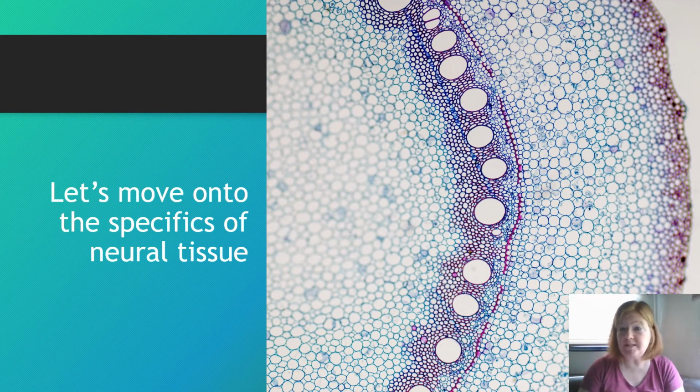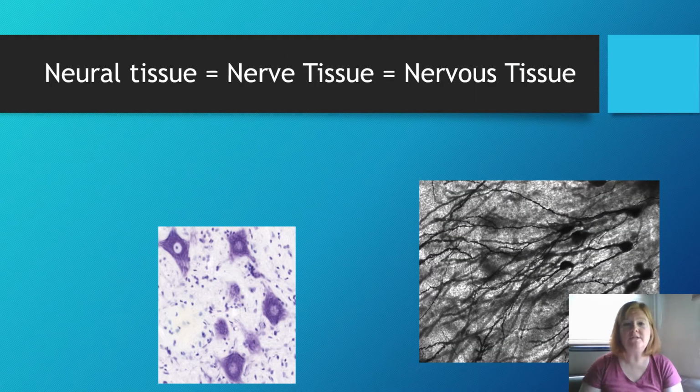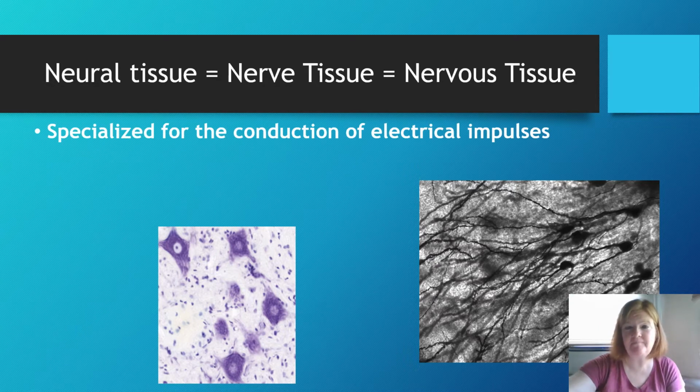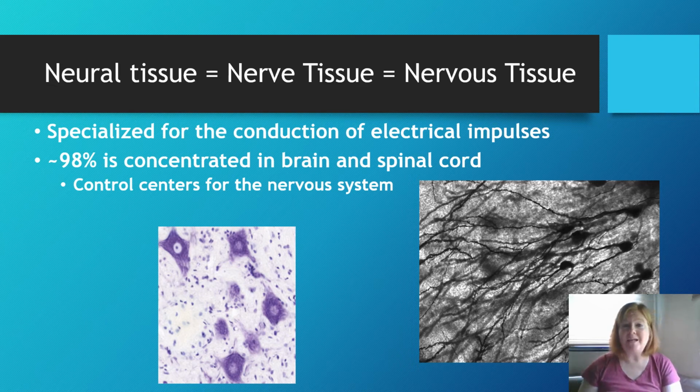So let's move on to the specifics of neural tissue. Neural tissue is nerve tissue, is nervous tissue, so many names, same thing. It's specialized for the conduction of electrical impulses. 98% of our neural tissue is concentrated in the brain and spinal cord, which are control centers for the nervous